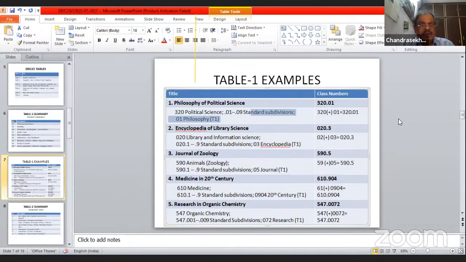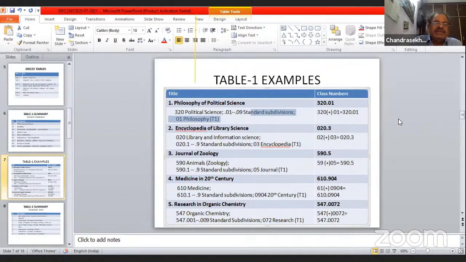Okay. School libraries, what is the number given there? 027.8. In the previous example, we have seen school library. What is the number for school libraries? 027.8. So if I say school libraries of 20th century,